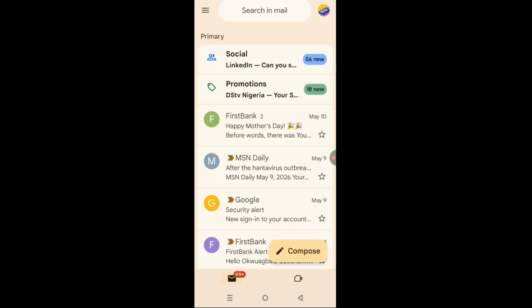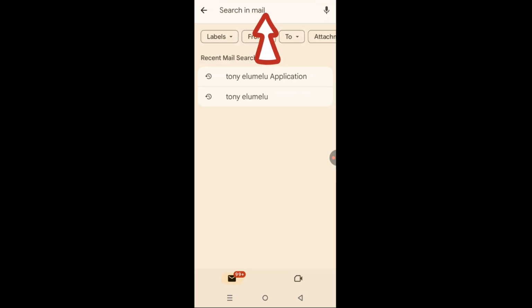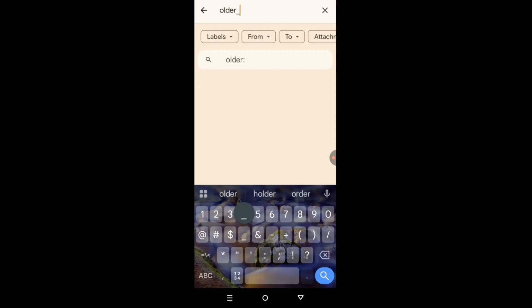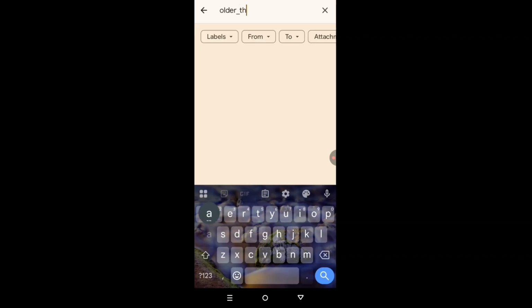The first approach I want us to use is to remove some emails that we received years back that are occupying more storage on our account. So type inside the search box: older_than: